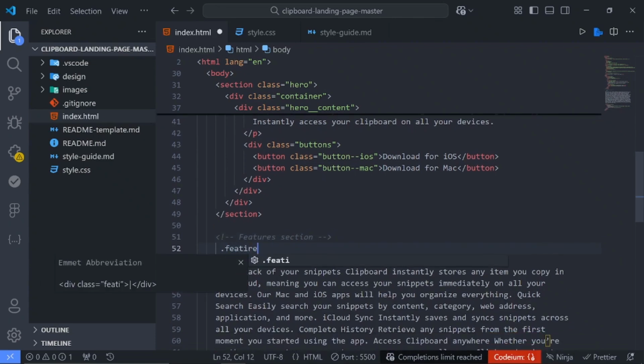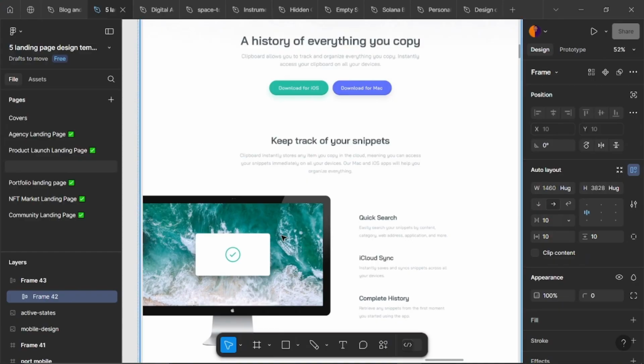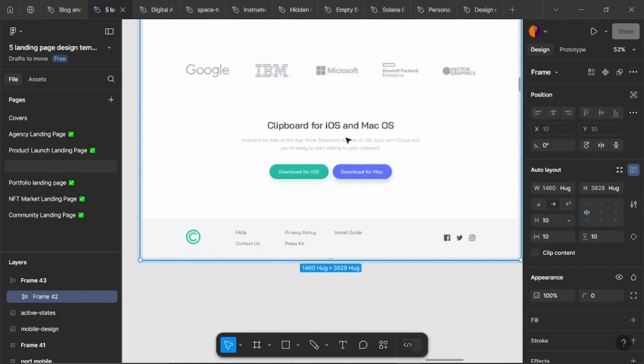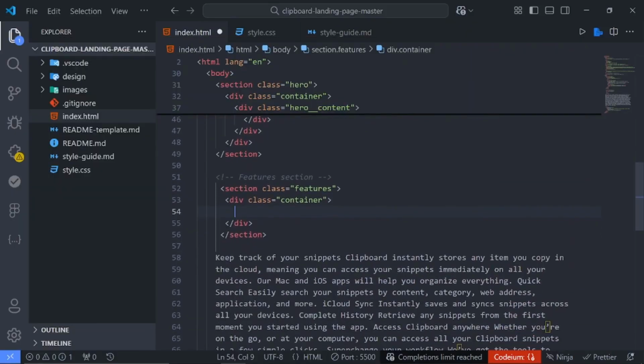say features, and this should be in a section, so we'll say features, and bring in the utility class container. And if you also take note, this title is the same as this in terms of styling, the same as this, and it's the same as this one. So we need to now create another utility class for that. So we just create a title,